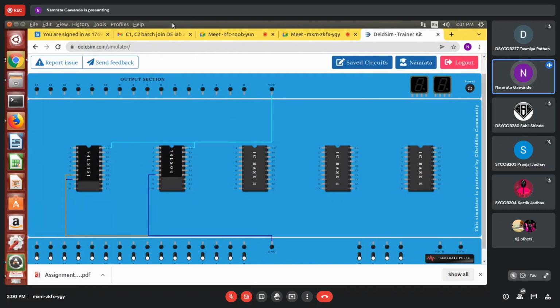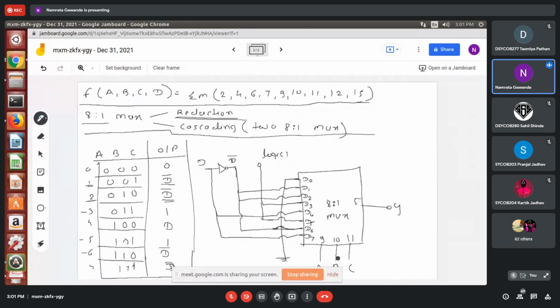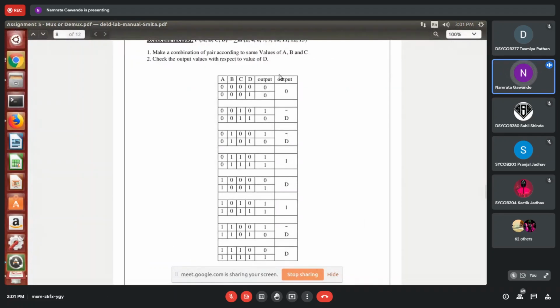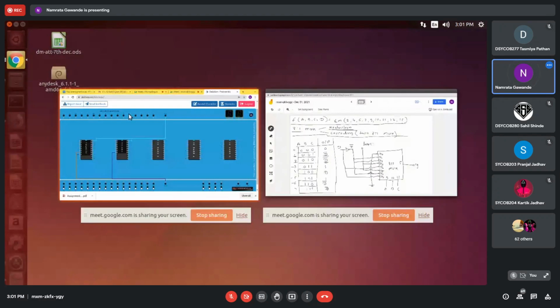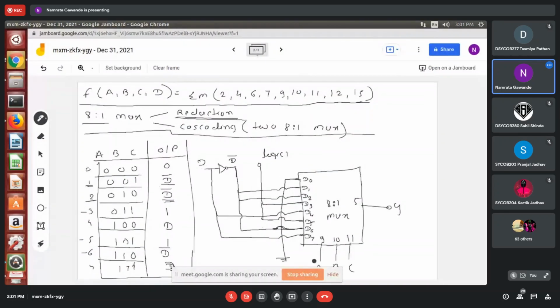Now, as per the diagram, connect first the select lines A, B, C, and D also should be there. See, though this truth table is there, I need to make a connection according to this. But while verifying the input and output, I'll be checking through this particular table, right? So for that, I'll be taking 4 select lines A, B, C, and D. So A will be 9, B will be 10, C will be 11.